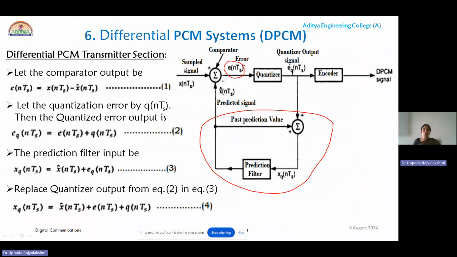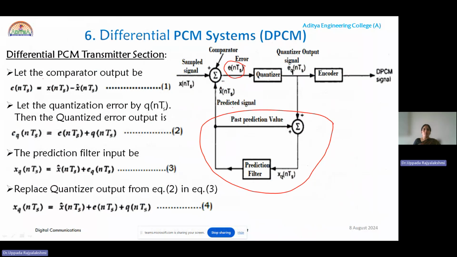That e suffix q of nTs, which is a quantized error signal, is again stored in the prediction filter as a past sample. Here it is added with x cap of nTs, where x cap of nTs is the predicted signal. This x cap of nTs plus eq of nTs produces the input to the prediction filter. So finally, the input to the prediction filter is a combination of the predicted signal x cap and the quantizer output, that is eq of nTs. That data is stored in the prediction filter